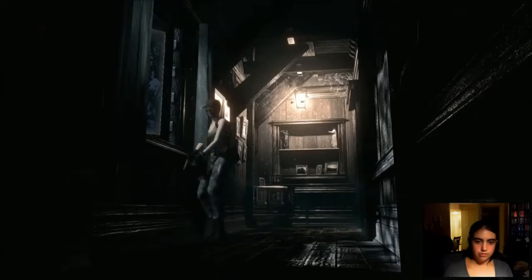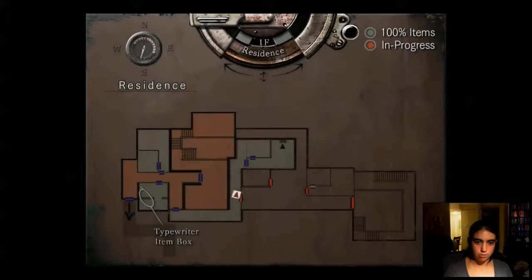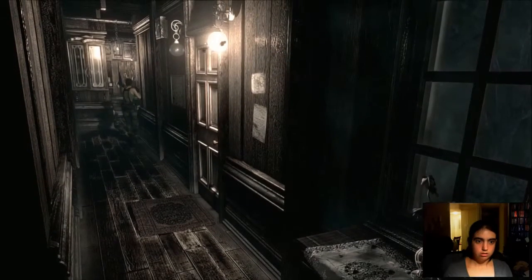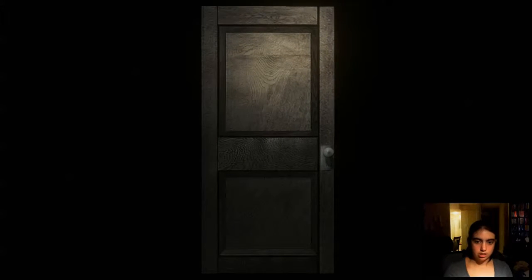So thankfully all of these zombies that we've been killing are pretty much contained in the rooms that they are in, and we don't actually have to go back into those rooms afterwards. So we don't have to worry about crimson heads in this part of the game. It's locked, right? I want the other door. So at this point of the game, it's actually...